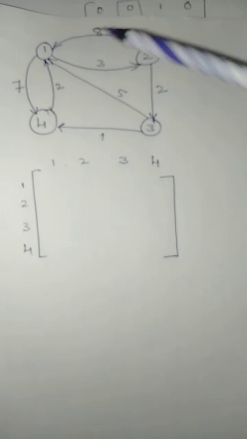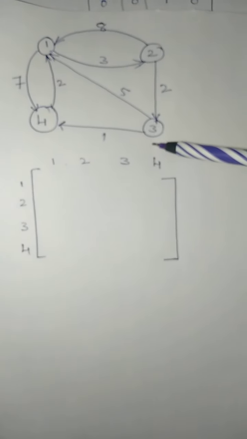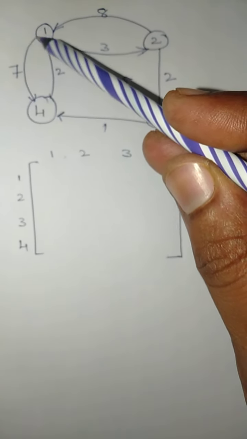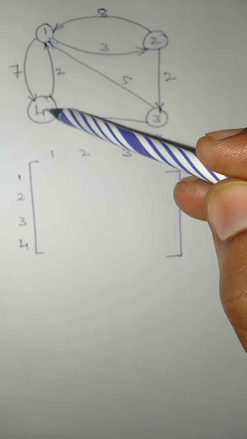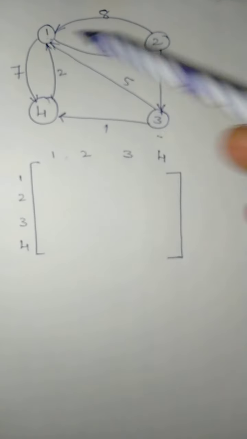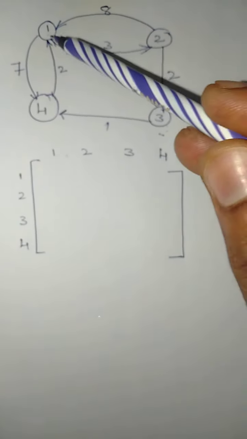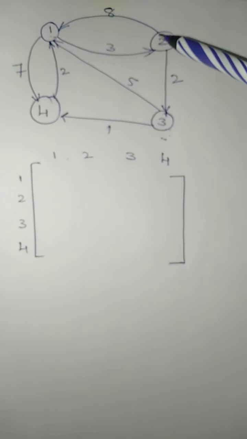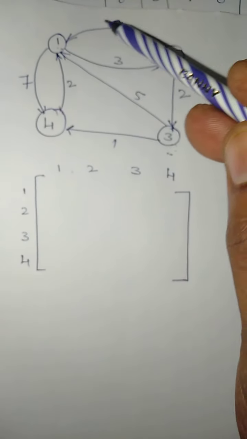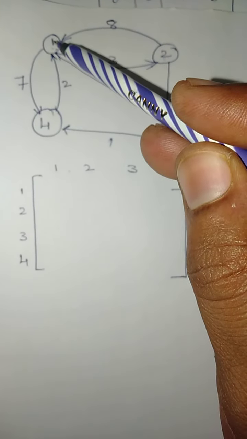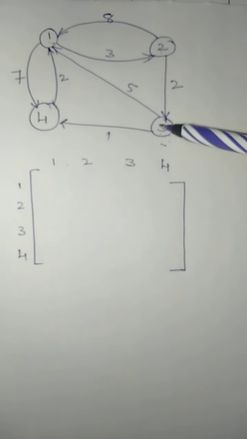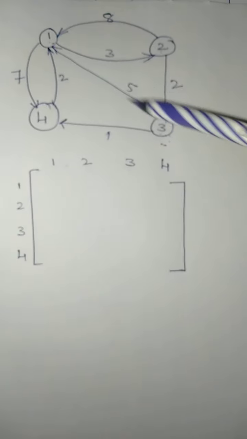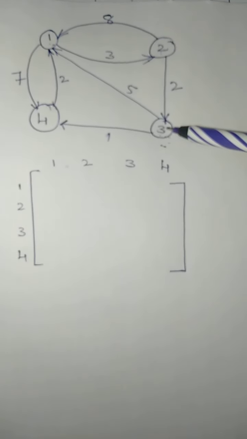Now from 1 to 3, which is the shortest path? We see here 1 to 4, then 4 to 1 and then 1 to 3, like this, or 1 to 2, 2 to 3. So 3 plus 2, 5. 5 is the shortest path. Then from 2 to 1 there is already a direct edge with a cost of 8. However, 2 to 3, 3 to 1, so 2 plus 5, 7, which is a better path, the shortest path via 3, isn't it?